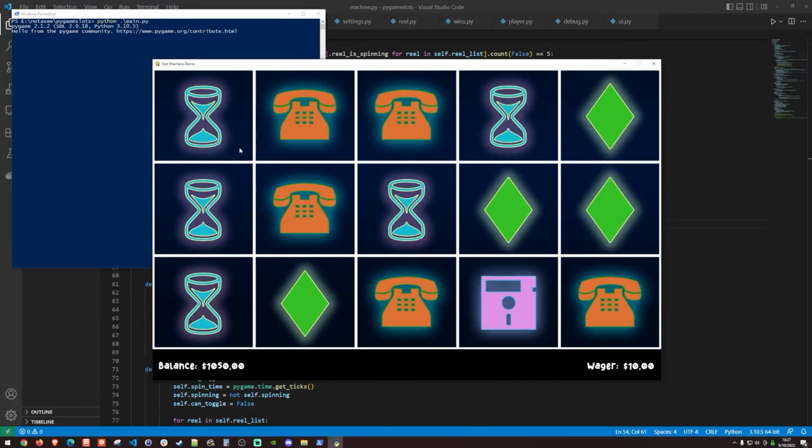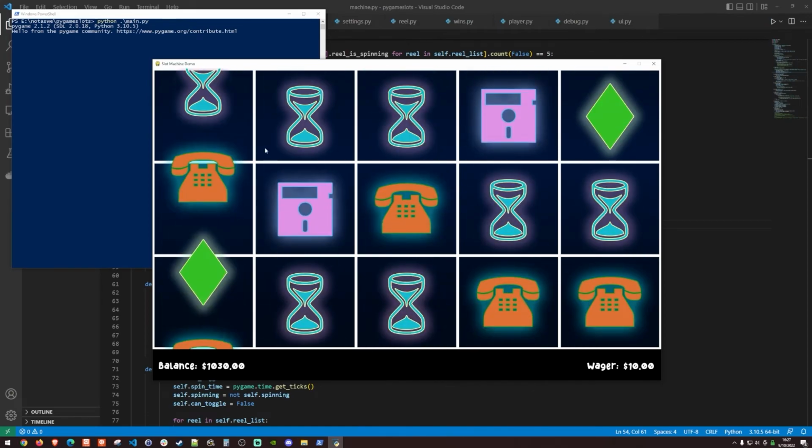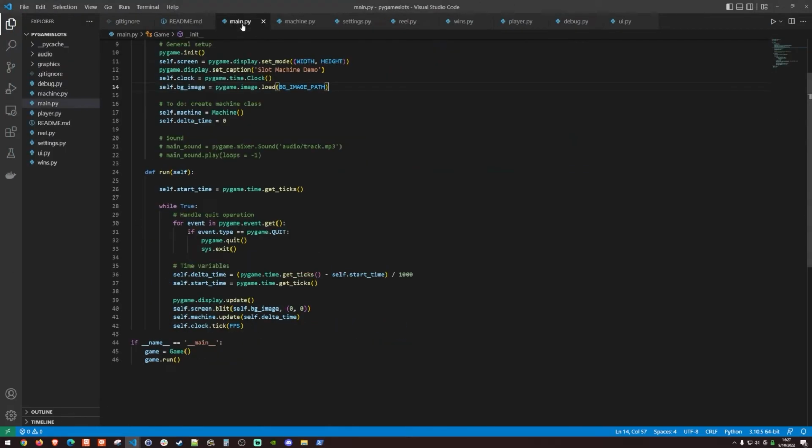And there might be, I don't know, some people might think that that's okay. Me personally, I think it would be cool if there was this effect where they were underneath the grid. So I actually have a grid that we can add to this, and we'll basically do that in the main.py function. But if I close this and I go back over to main, we can kind of see why that is, right? So we're updating the machine,